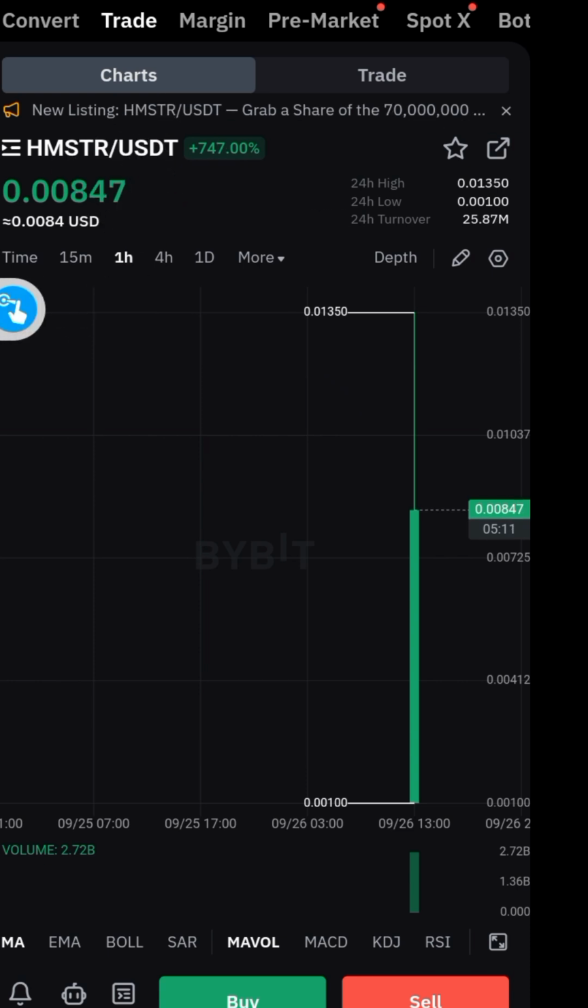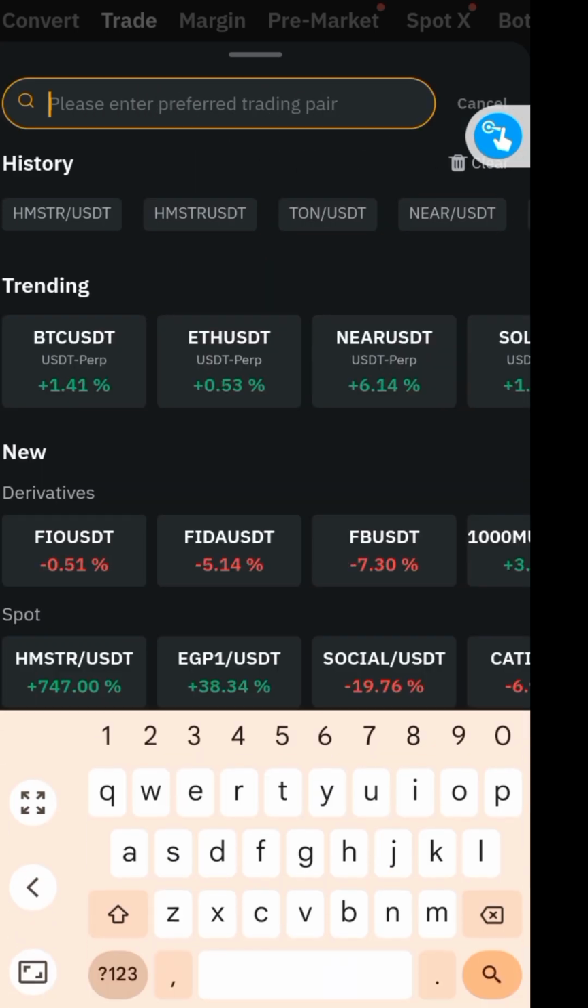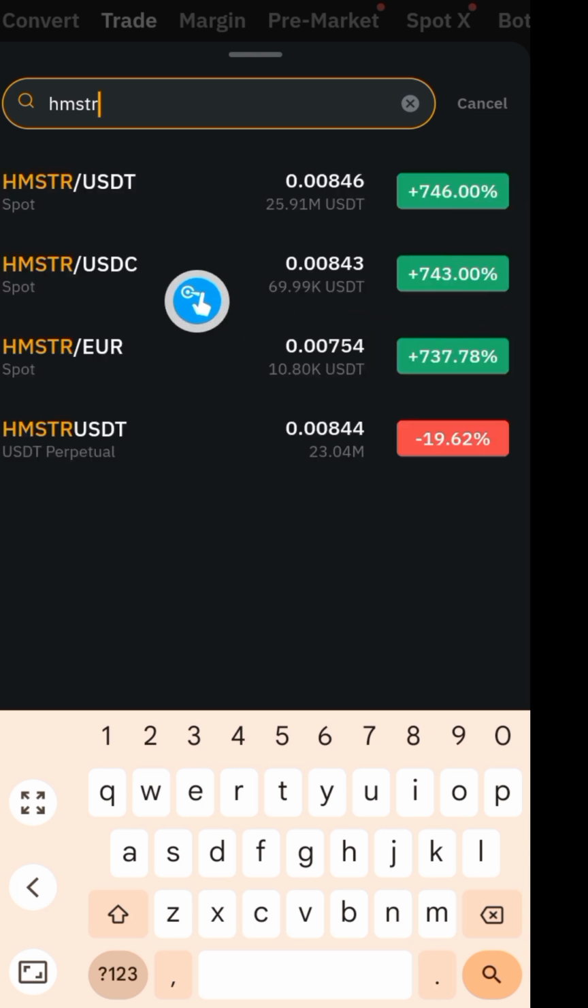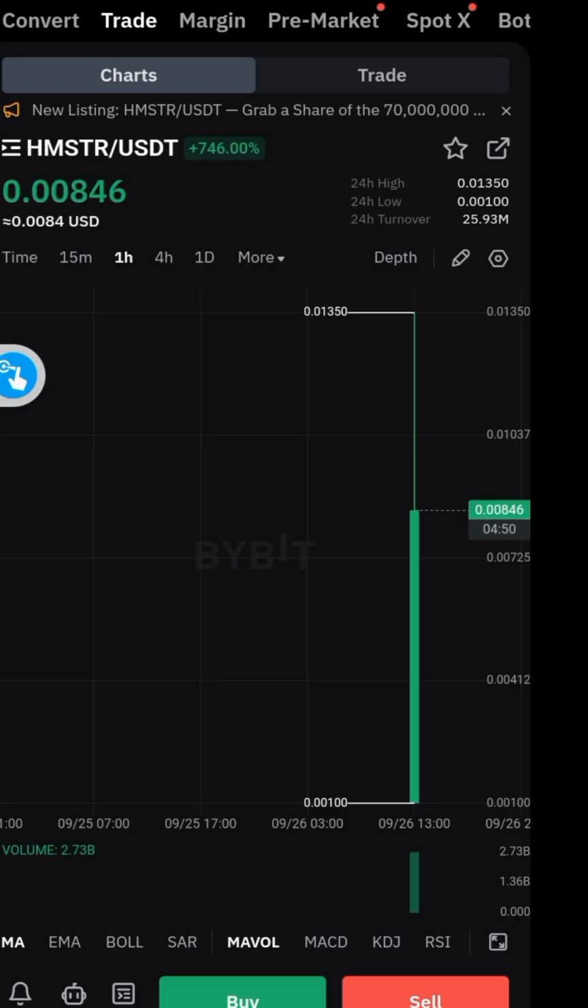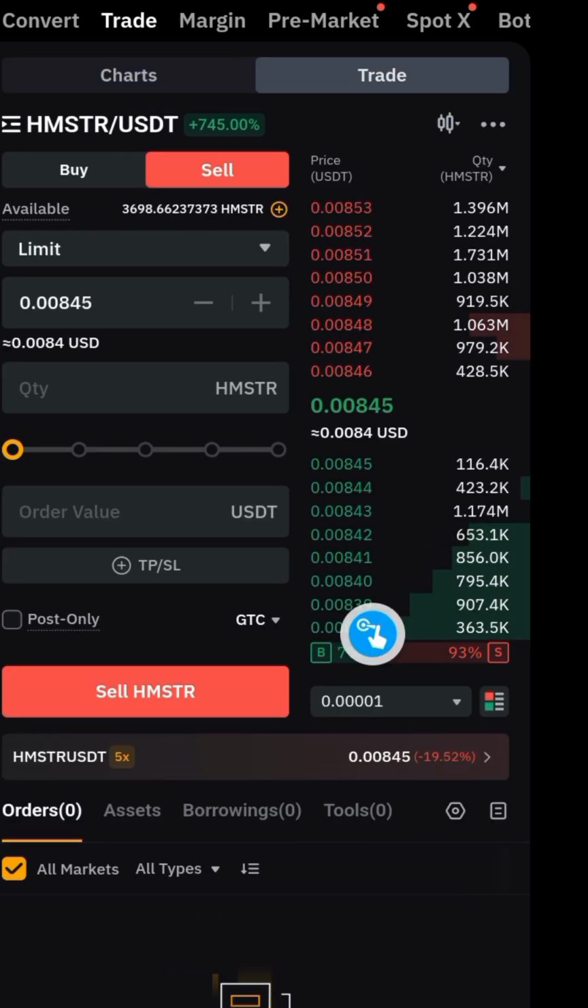Okay, click on that, and there's going to be a search bar here, so just search for hamster, HMSTR, and you're going to see all of this. Select this one here, HMSTR paired with USDT. Click on that, and boom, it is going to be displayed like this. So what we want to do is to sell. So you are going to select the sell button, click on that,